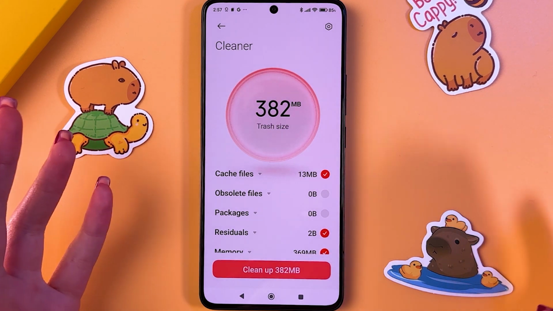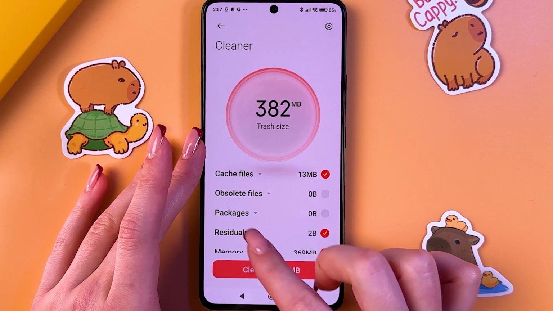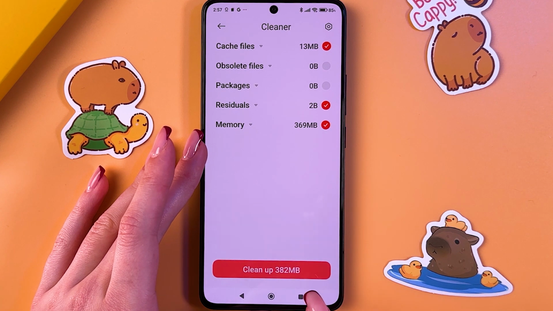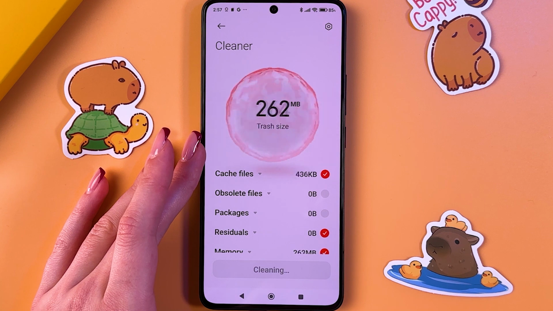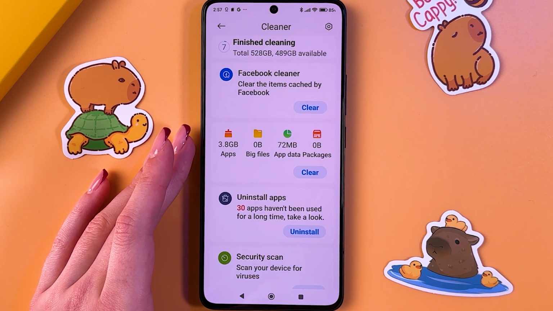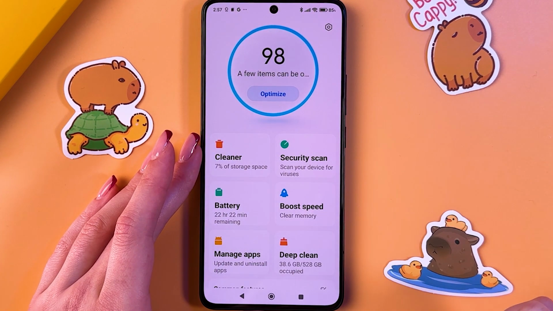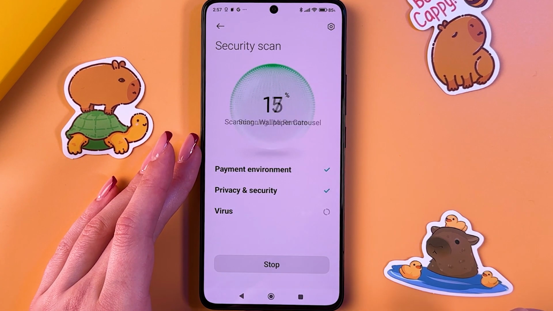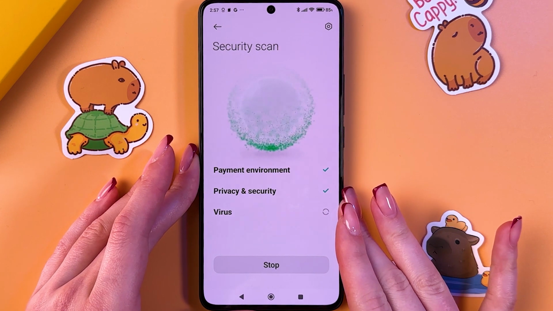of megabits we can clean. For example, we can clean up 382 megabits for now. So let's do it. I'm gonna tap this option, and now we are waiting a couple of seconds and it just finished cleaning. So now go back, then go in the security scan, and here our phone will be checked